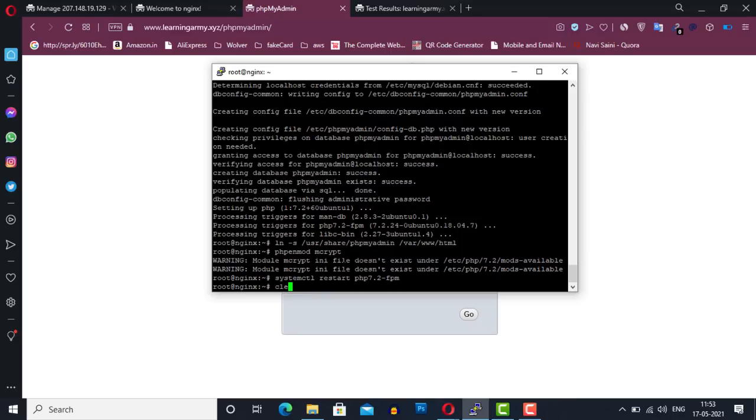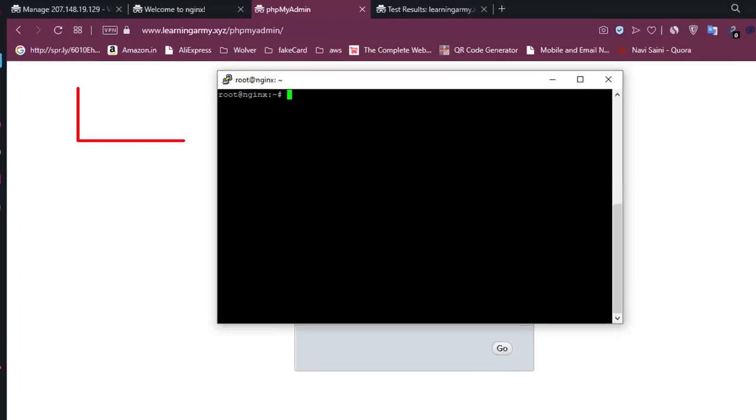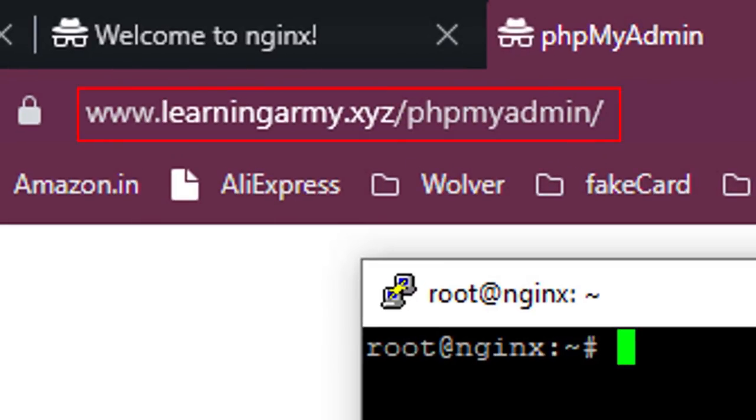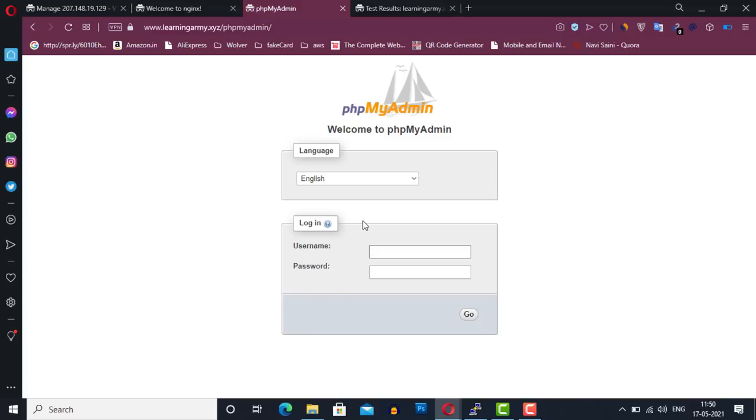In the previous steps, we created a symbolic link from the phpMyAdmin directory to the document root directory. That means anyone can open phpMyAdmin using the default URL. Well, this is our default URL, your domain name /phpMyAdmin. So this is what we want to avoid, because if someone can locate your login page, they can set up an automated brute force bot to attempt to gain access to your database.